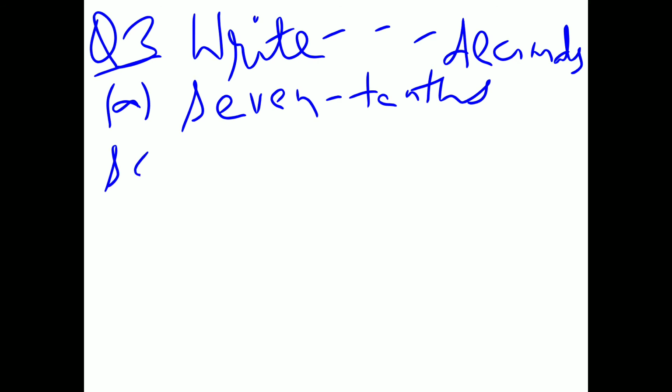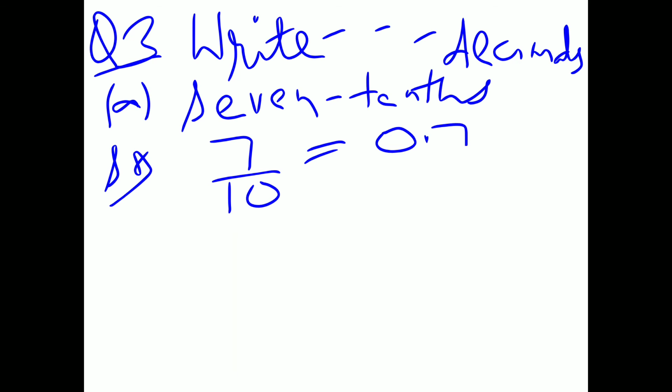Now see, 7 tenths. You have to write it as a decimal. Firstly, you write it in fraction form, it will be 7/10, and there is a 10 only, so the decimal point will come after one number. This will be the answer. Clear? Tenth place is the first place after the point. Clear? Now we do B part.